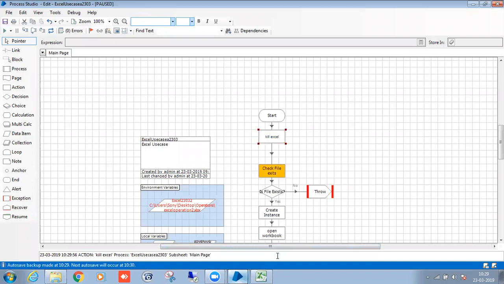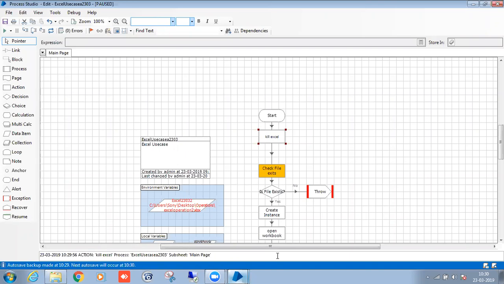Observe, it closed. If Excel has been opened manually and you want to write data to it, it won't work. That is the Blue Prism strategy, that is how they have developed it. You put the conditions according to Blue Prism; we can't code it in the backend.